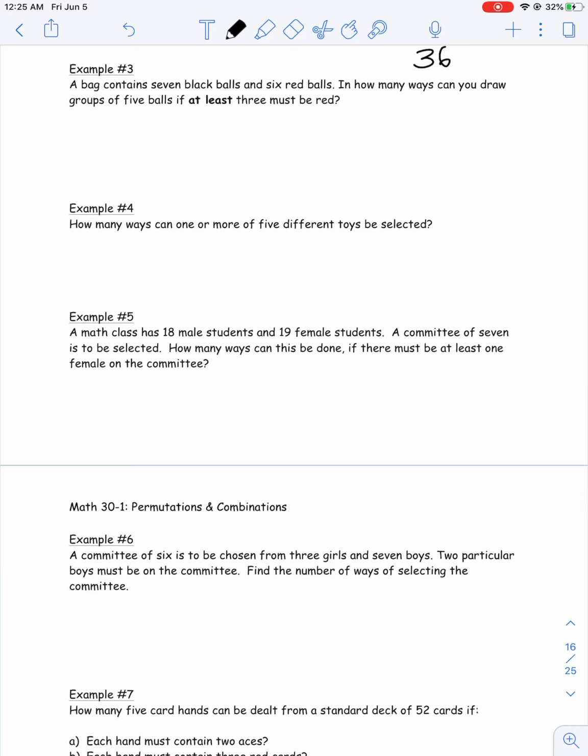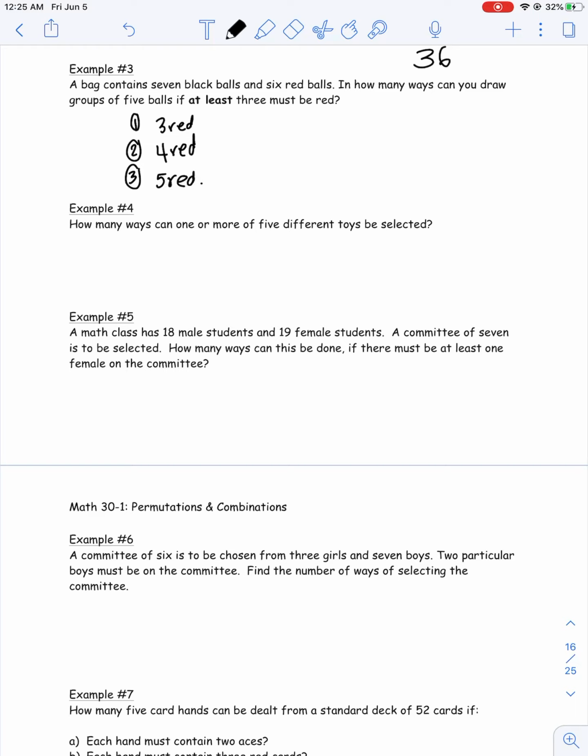Example number 3, it says a bag contains 7 black balls and 6 red balls. In how many ways can you draw groups of 5 balls if at least 3 must be red? So this is where, again, we have to do cases. So case 1, we could have 3 red. Case 2, we can have 4 red. And case 3, we can have